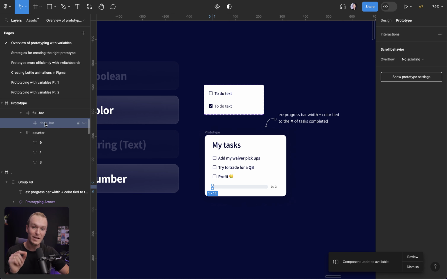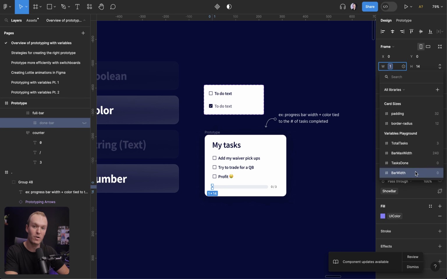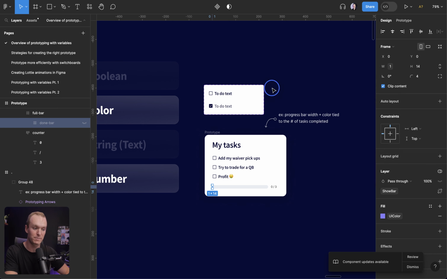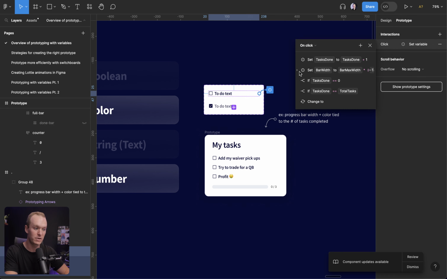But the really interesting thing is I've actually come in here and I've bound the width to this variable bar width. And that's what's going to allow me to dynamically change the progress bar according to how many tasks are completed. So if we go one more time, back in here, you can see when this unchecked item is clicked,